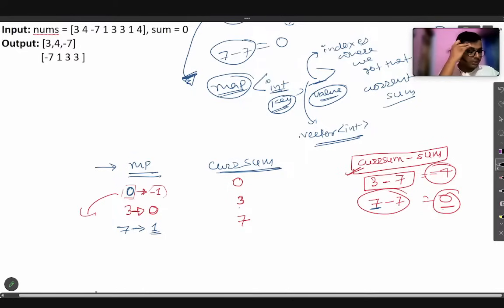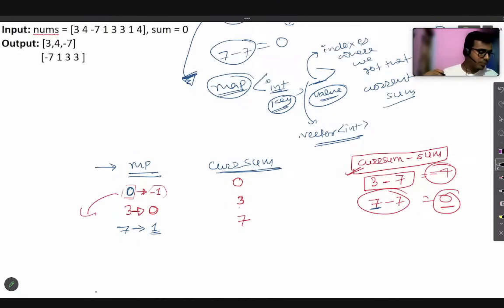Now you can say, how are you already claiming that it will give you an error without seeing the code itself? Please watch this video. That is the problem with you guys mainly. You do not watch the video completely. You have made some mistake, that's why it is giving you some error. Please watch that video and you will understand this. Now you can see here 7's index will be 1.